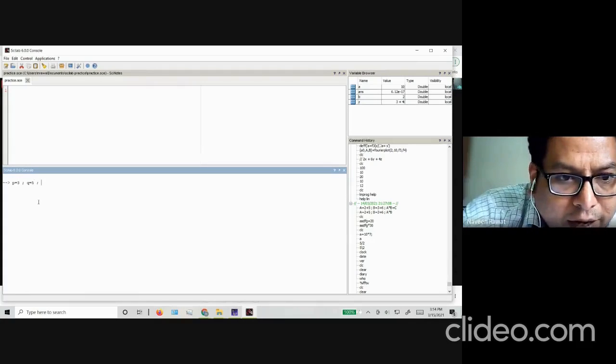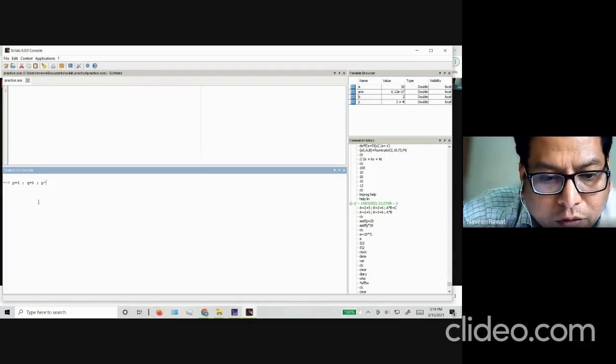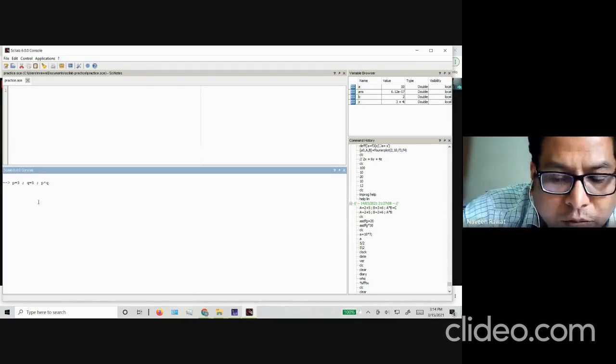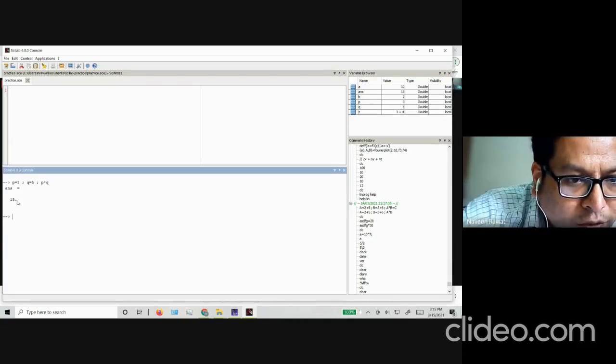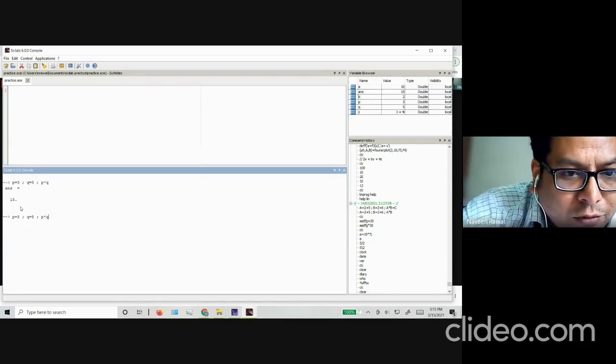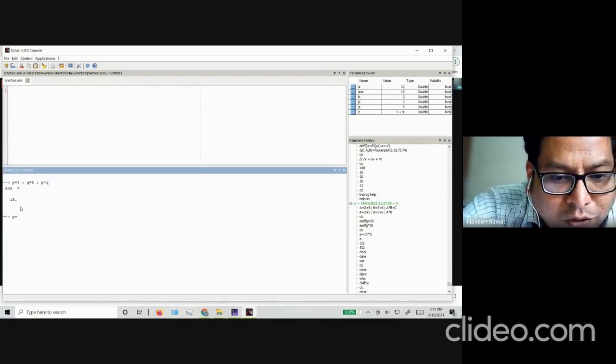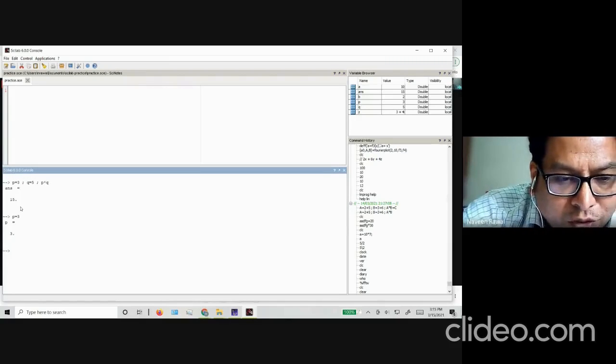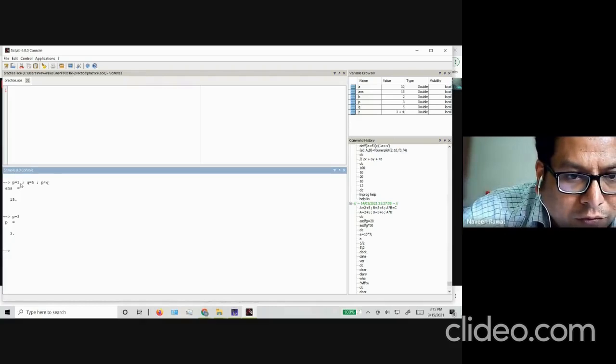And I want to now find p times q. The answer should be 15. So I can type everything in the same line and execute the code, and you can just get the answer. You don't have to define everything one by one. So let's say p is equal to 3 and then q is equal to 5. You can write very quickly in the same line. All you have to do is separate with a semicolon.